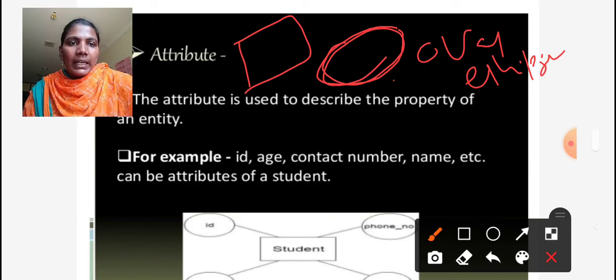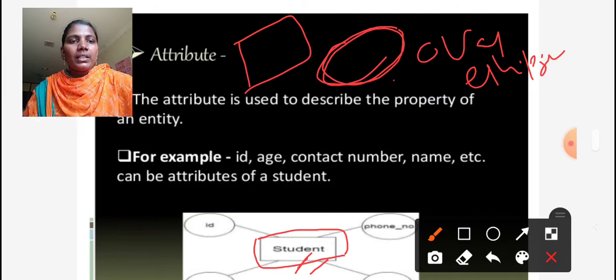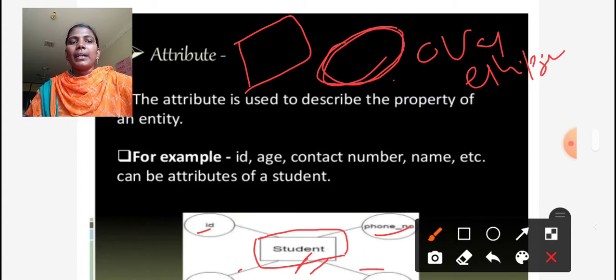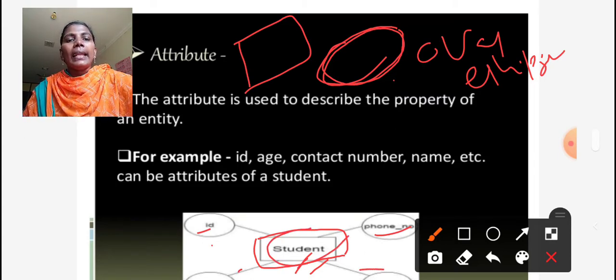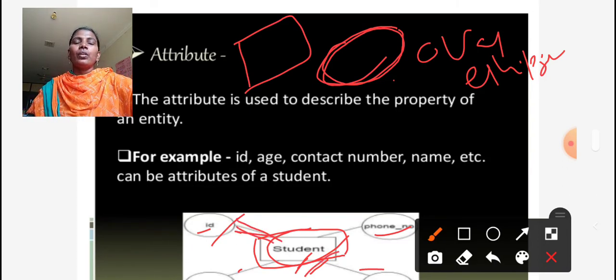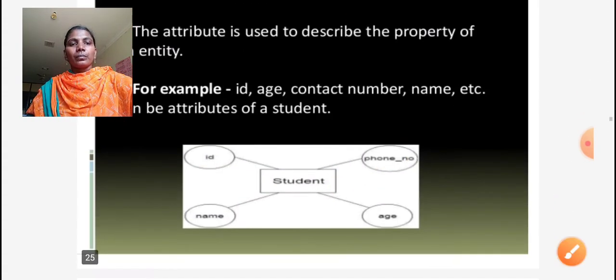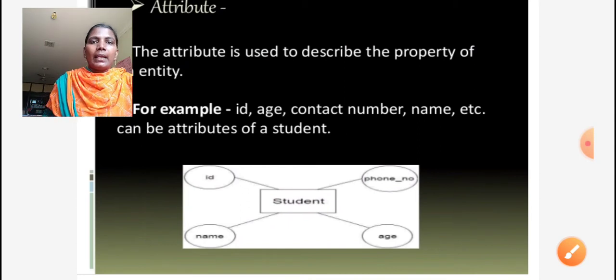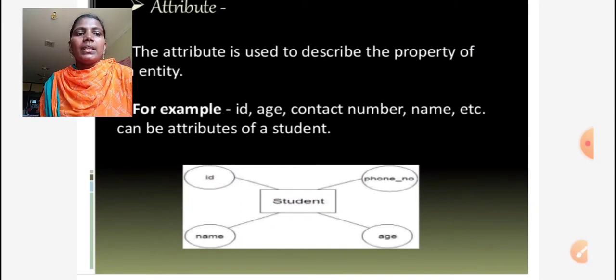This rectangle symbol denotes the entity, whose name is student, and the features for student are phone number, ID, name, and address. The attributes and the entities are connected through a line. So the entities and the attributes are represented like this diagram.